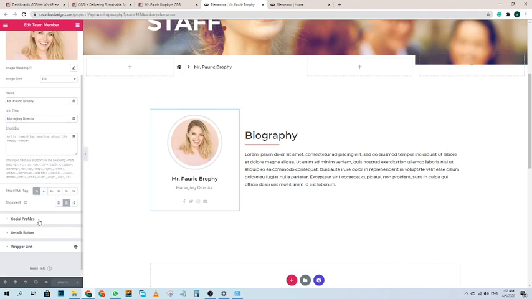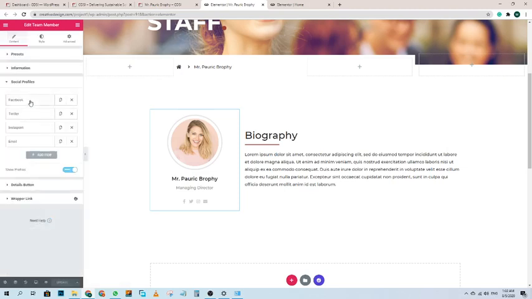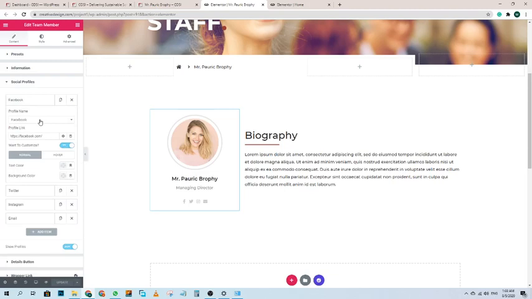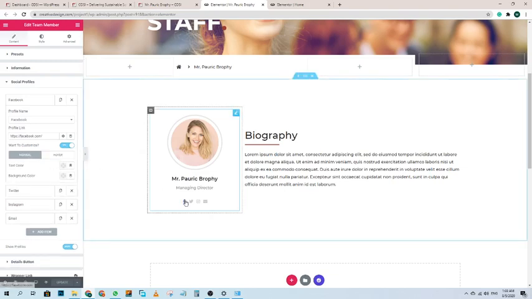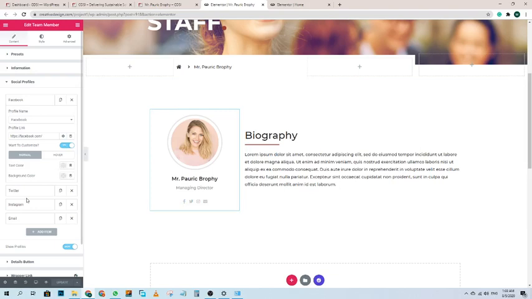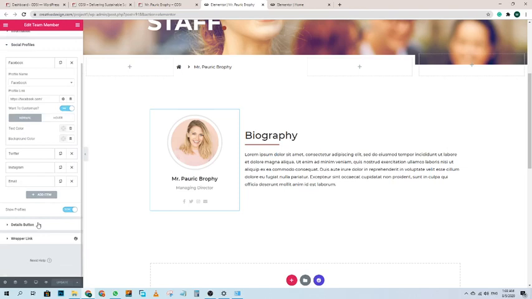Okay, and here you can see the social profiles. You can select which social icon you want to show, and from here you can change the link. Okay, and also you can change the color of your icon, and that's it.